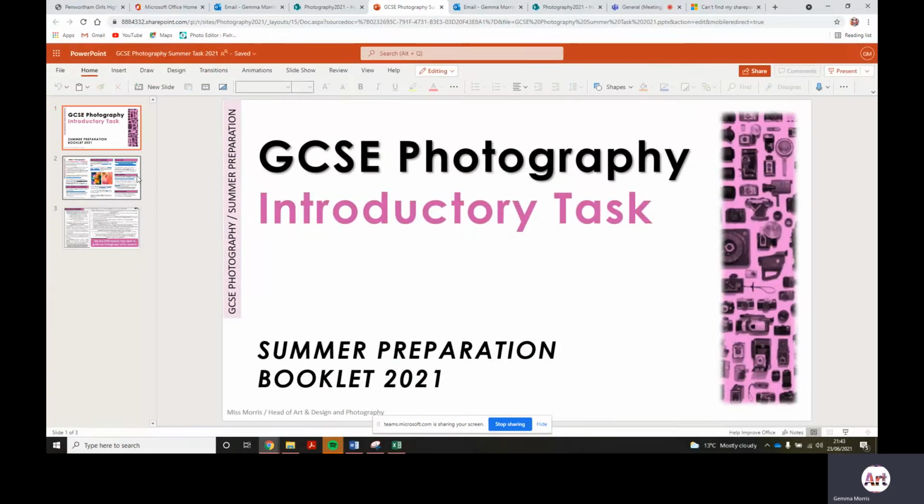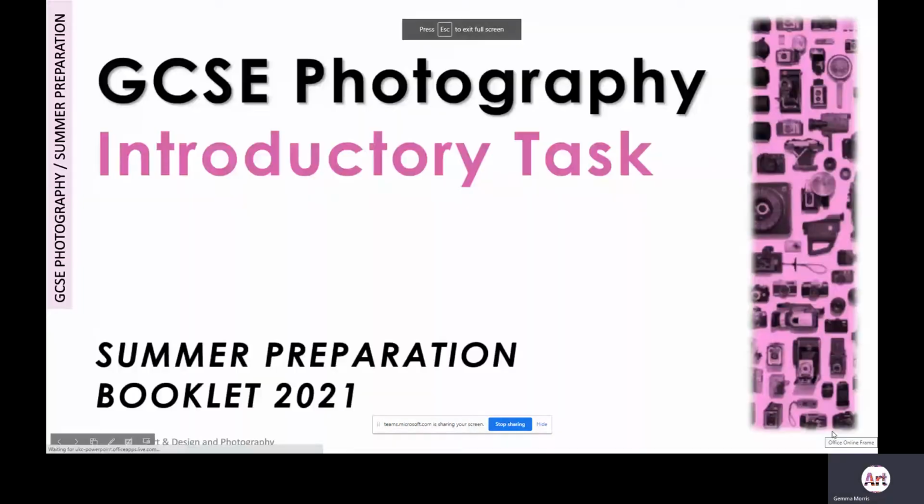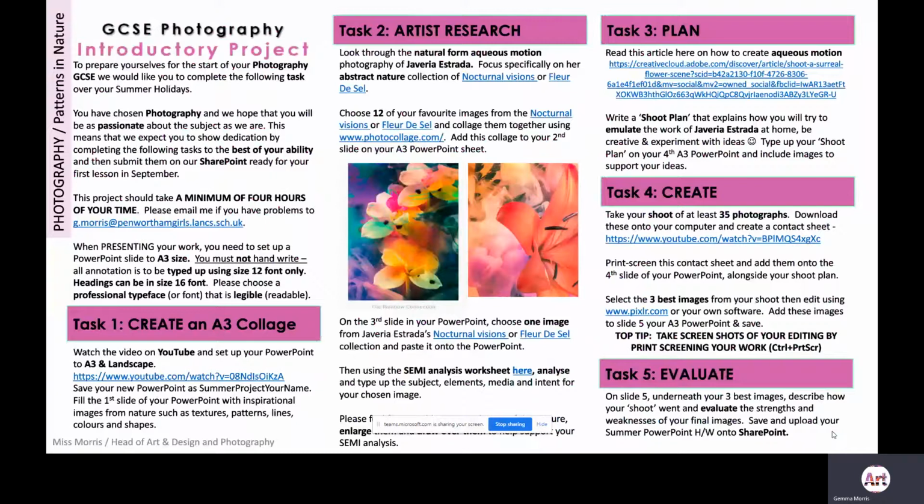Okay, so this is our transitional task aimed to build a bridge between Year 9 studies and Year 10 GCSE photography. So it's an introductory task. First of all, let's introduce this project. To prepare yourselves for the start of GCSE photography, we would like you to complete this task over your summer holidays. You have chosen photography, and we do hope at this stage you'll be as passionate about the subject